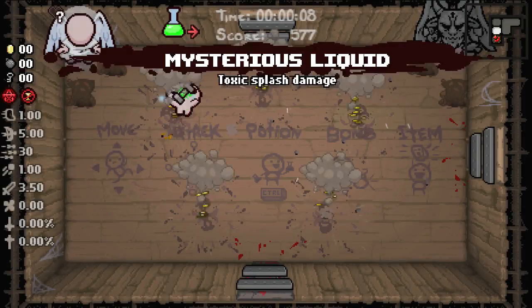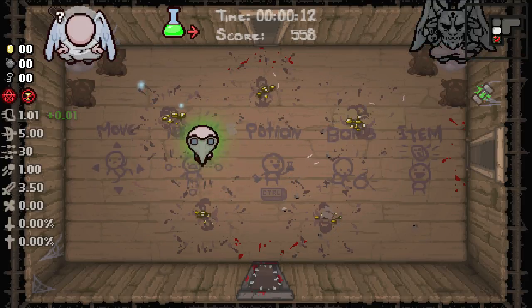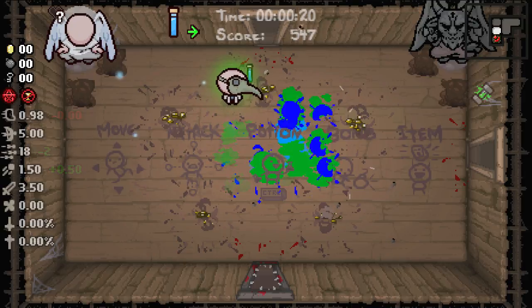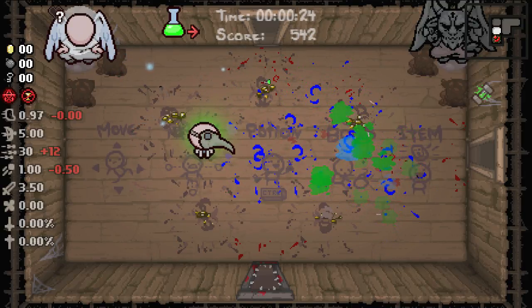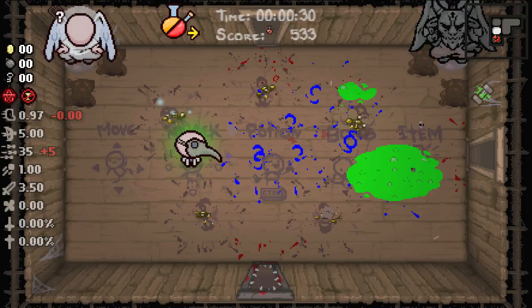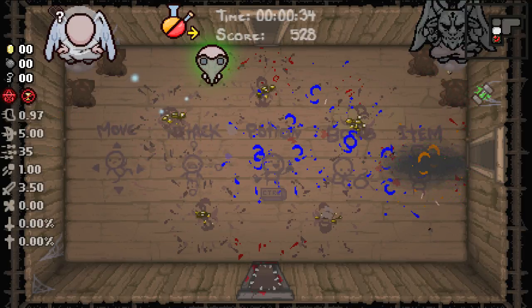So I'm going to take Mysterious Liquid, and then let's kind of showcase how this guy works. So we have 4 different potions that we can throw here. So blue does like pretty close to us, and then it'll splatter the tears around. Green is more like a long range, and then it puts the creep on the ground, as you can see right there. Red is explosive, so these are a little bit more dangerous, and I'm a little bit scared that